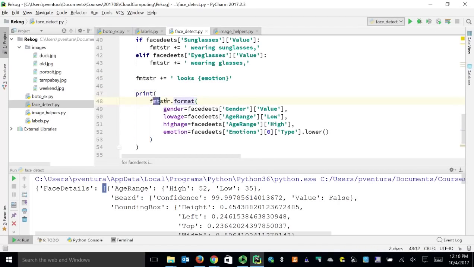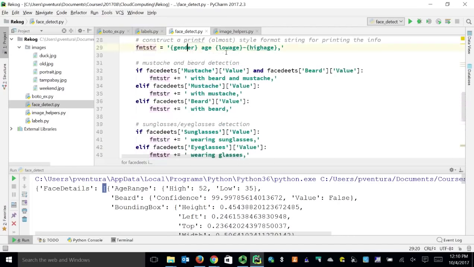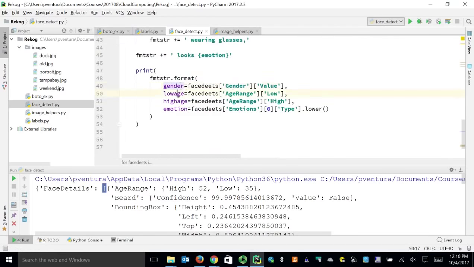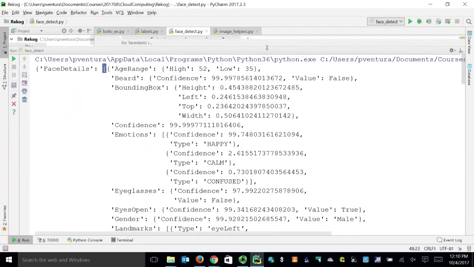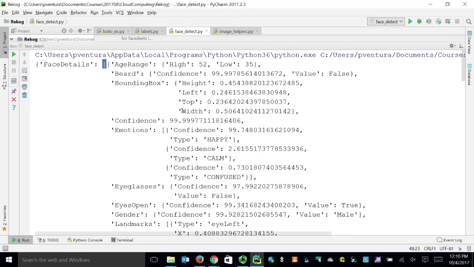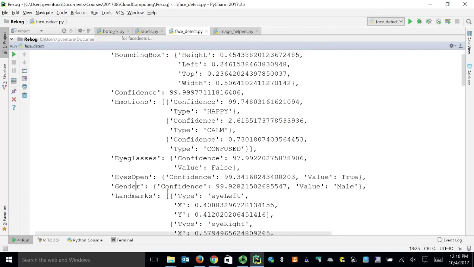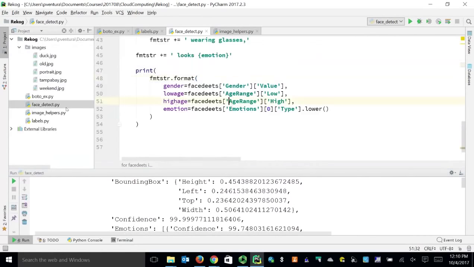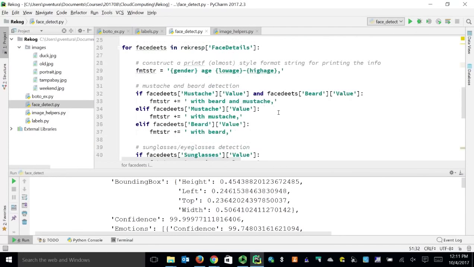To use the format string, I use format string dot format, and for each one of these placeholders, gender, low age, high age, and so on, I have a keyword parameter. So the gender is face deets gender sub value. How did I get that? I come to here. Here's the face details for one person. If I scroll down, there's gender, and inside there's the value. That's how I access that particular field. And you can see each one of those. So if I change this to